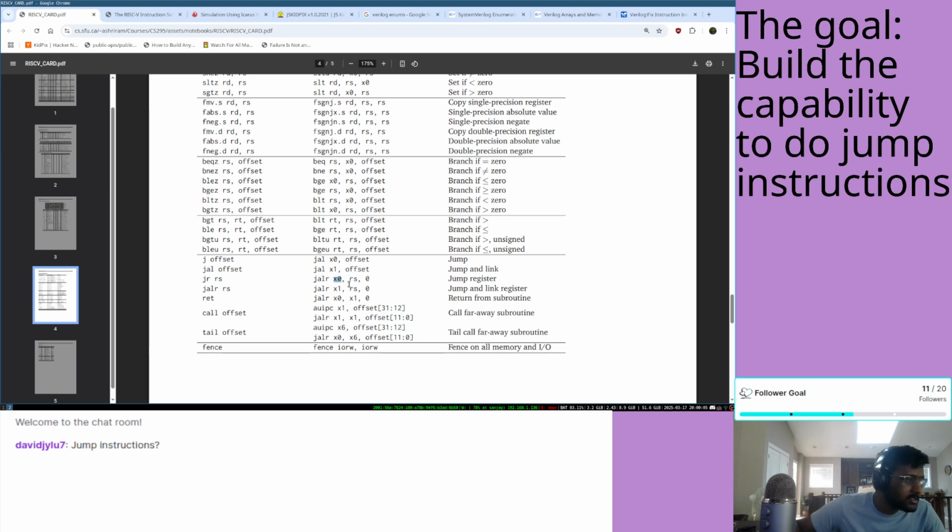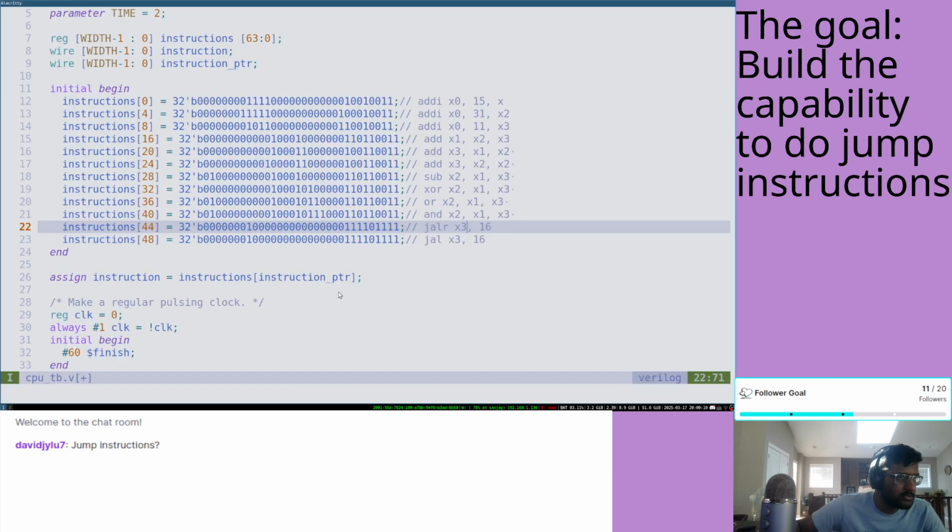Okay, so x0, we still have a current position in the first one. So let's put that in x3. Sure, let's put the 48 in x3. Then the starting, let's put 40 there. Then let's go x3, and then we're going to jump to the immediate, which is 0. Then I will